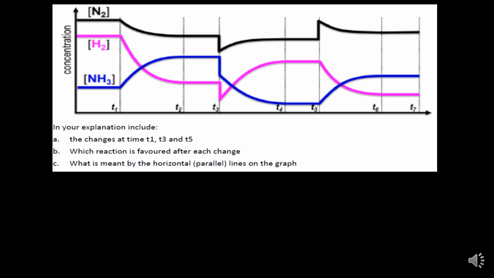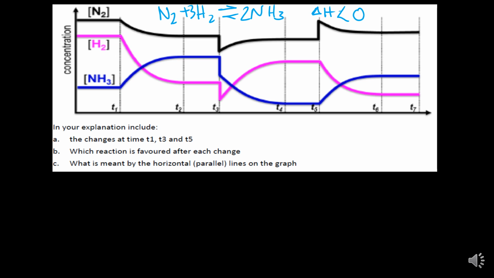You're given a graph. What is missing is the reaction. Let me write it here at the top. So it's N2 plus H2 to form NH3, ammonia, and delta H is less than 0, right? So you can pause and attempt to answer A, B, and C because that's what we're going to be doing